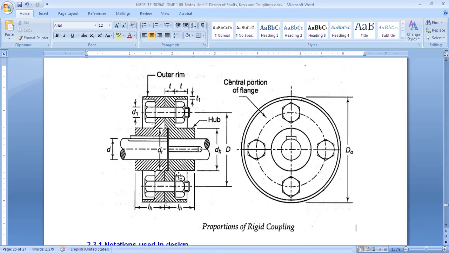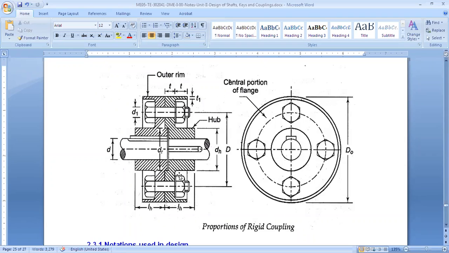So basically, your flange coupling is connected with the shaft with the help of keys, right? And this key design will be the same as whatever we designed in the previous lecture. It is the same design. If a shaft is used to transfer torque, the design of the key will remain the same. So we'll use the same logic. We will use the square key, and we'll calculate the length depending on the torque.